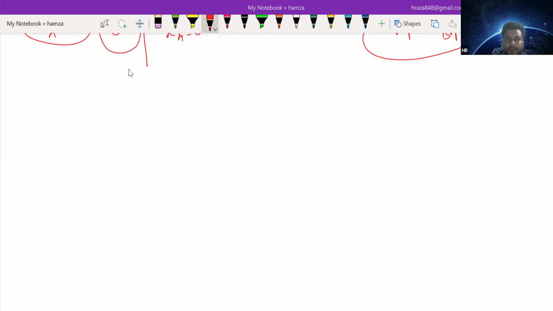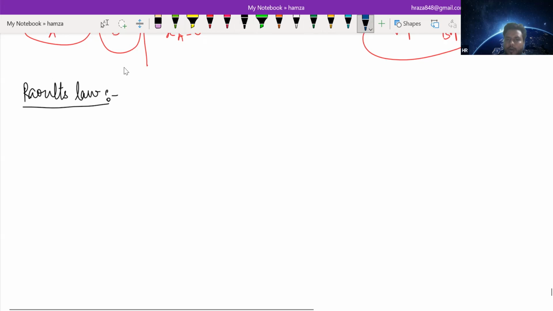Very good. Now see, we are going to introduce Raoult's law. What is Raoult's law? I'm going to define it first, then I will explain. According to this law,